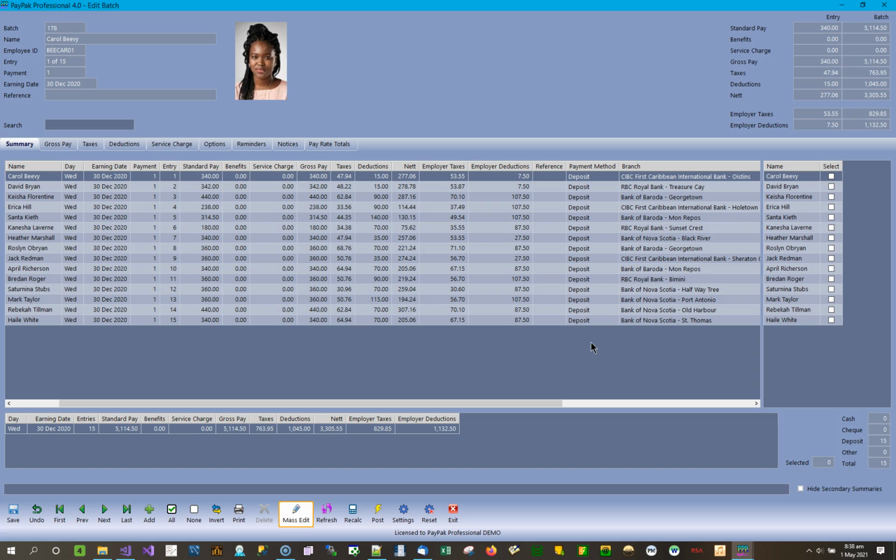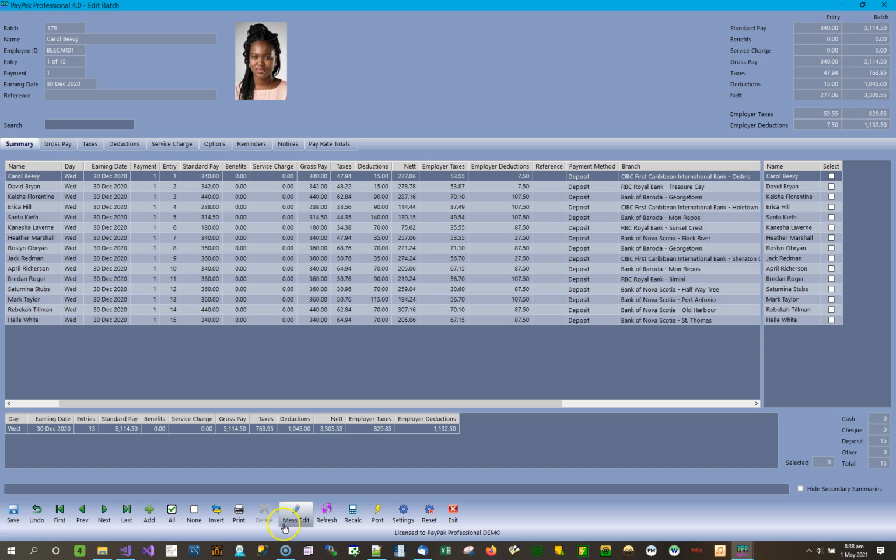Now that's a quick and easy fix. Very useful tool if you have multiple entries. Like some payrolls have hundreds, some is over 1,000 entries, and it's much quicker to make your changes through the mass edit than it is to change the records individually. Even if you have to select 4, 5, 6 employees, it's time. Time is money. Now, if we delve a little deeper into the mass edit, you'll find that it's a much more powerful tool than just changing the